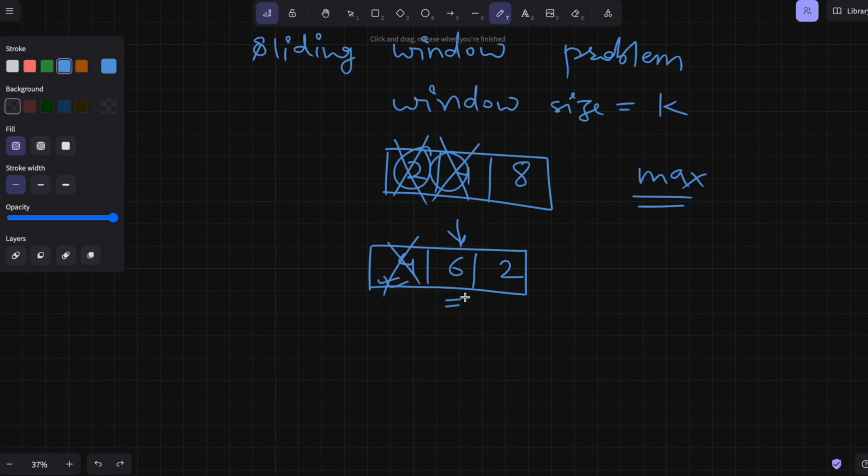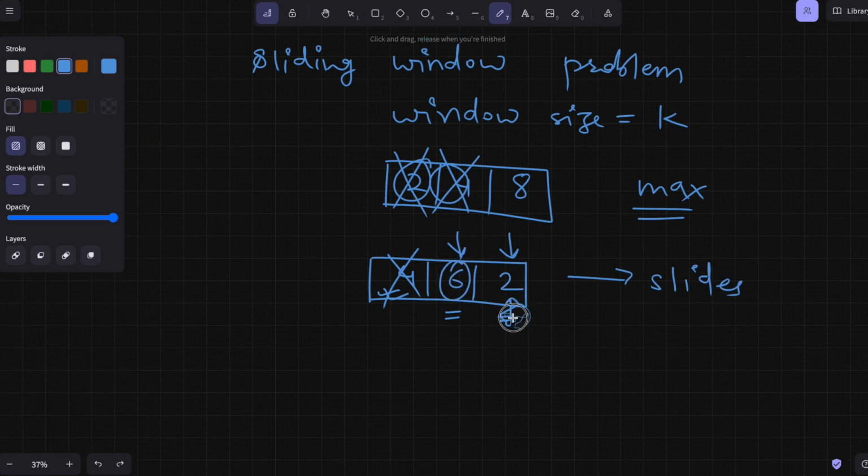Can I get rid of 6? Can I get rid of 2? Obviously not. Why? Because it might be possible that when my window slides, the 6 can go. But in that case, if I remove 2 as well,